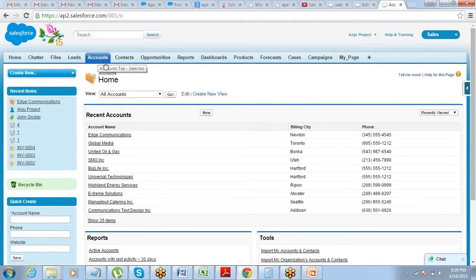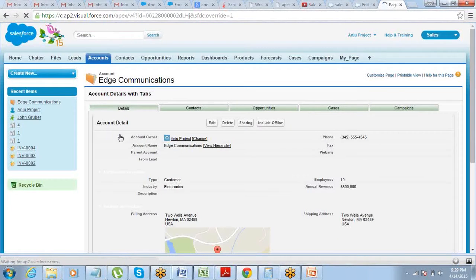We did an override, right? We have done an overriding of the Visualforce page. That's what we did. Now what is happening? The moment I open this Edge Communications, it opens in this format, in my Visualforce format. Now your client comes to you and says that no, we don't want this to open in the Visualforce page format. We want it to open in the standard Salesforce format with an option to open it in the Visualforce page format. Got that? You can have that requirement.